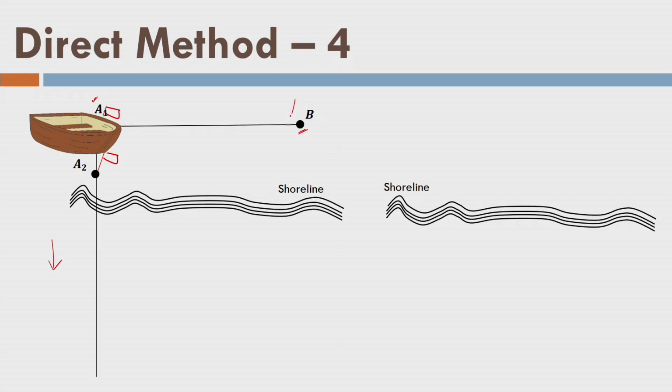Now, if we move along this straight line, what will happen? From the boat, one surveyor can observe that his location, ranging rod 1 and ranging rod 2, that is A2 and A1, are in a straight line. So, he can ensure that he is moving in a straight line. At the same time, we put a total station or theodolite at point B, and we observe the angle of the boat at B, saying that the point A1 is a reference line as shown here. So, this is my reference line.